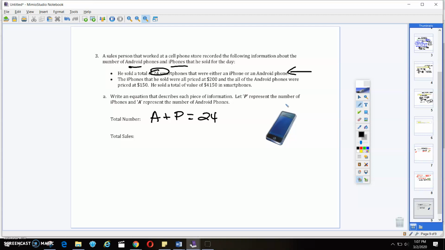Okay? Now, total sales, they told us that $200 per iPhone, right? And then they told us $150 per Android, and the total was $4,150 in total for the smartphones. So this is going to be 200 for the iPhone, which is P, 150 for the Android,